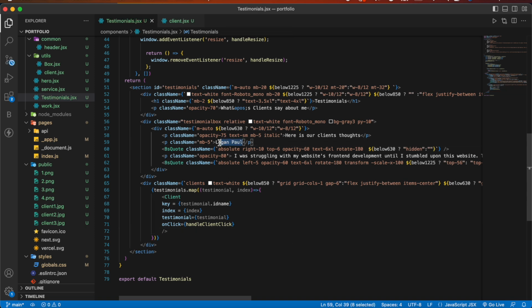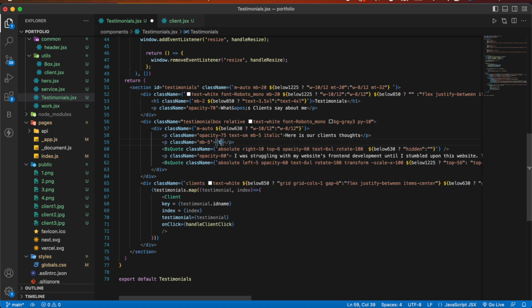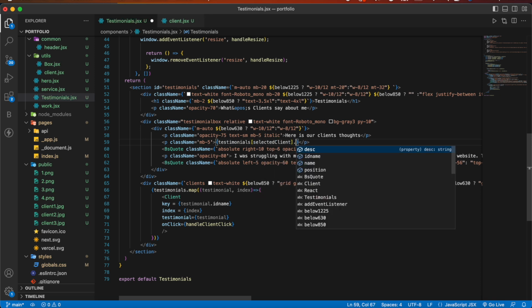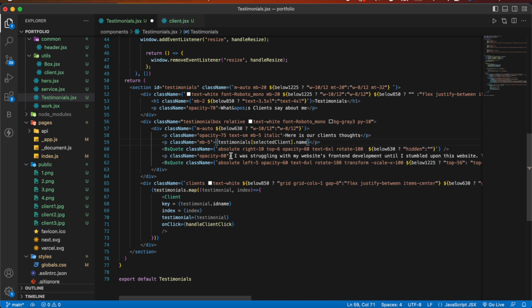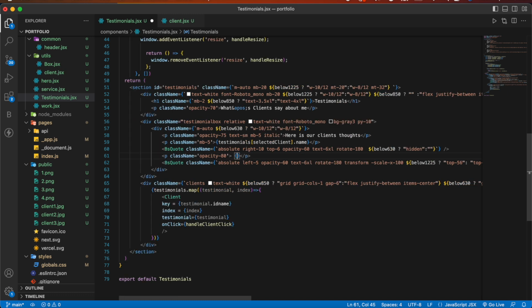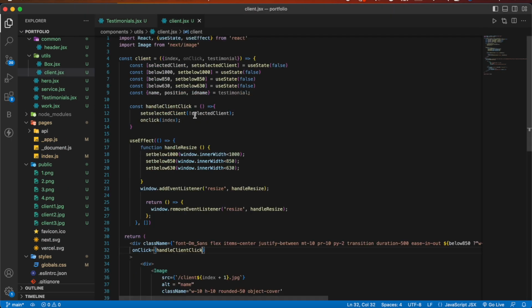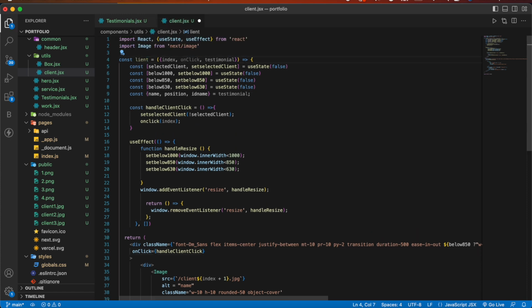And also let's give this like this way: testimonials selected client dot name, and here as well we'll give testimonials selected client dot description. So now if I save it, you can see, actually I think this should be,